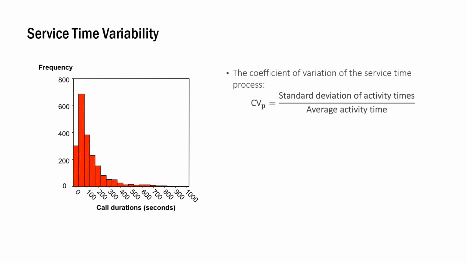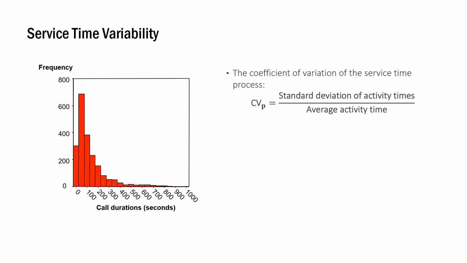In this video, we will explore how to evaluate the performance of queuing systems. In our exploration of queue performance, we need to address a critical factor, service time variability. This is measured using the coefficient of variation for the service time process,